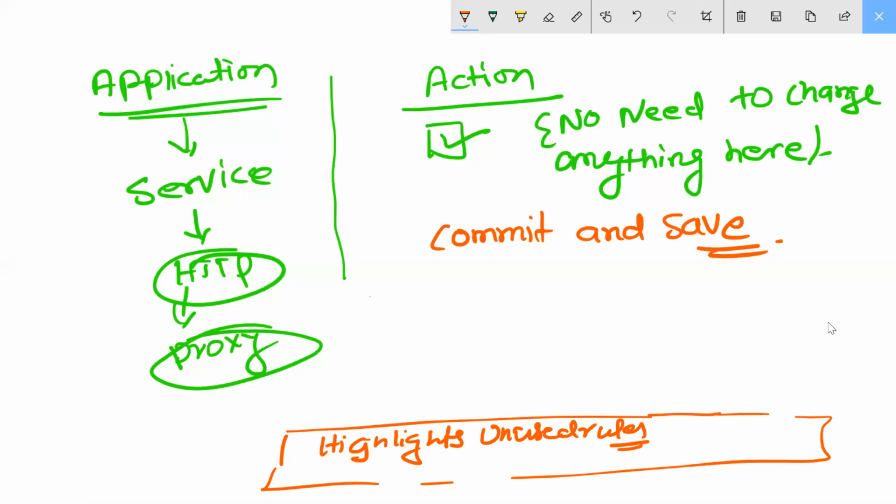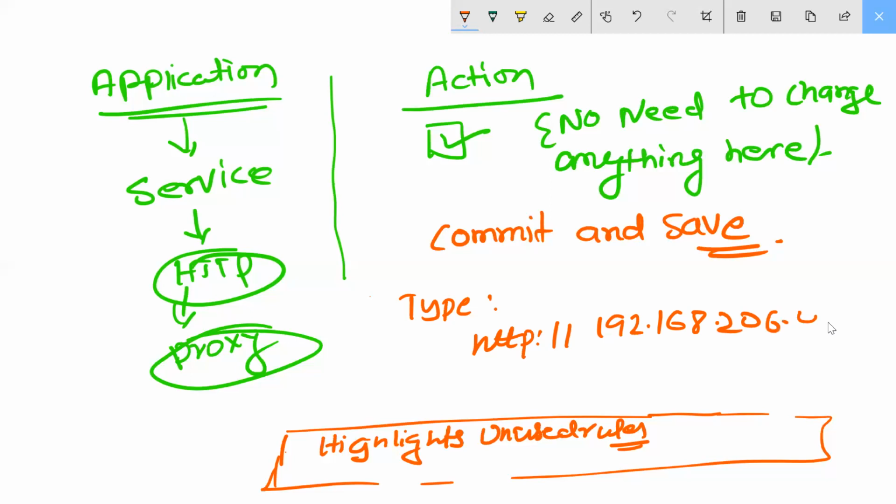Come to your local machine, your PC, and type here http://192.168. What is your IP? Not that one, the public IP you used outside. 192.168.206.4.